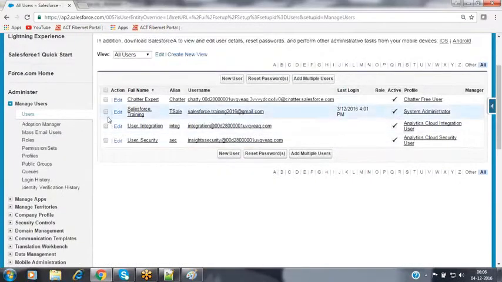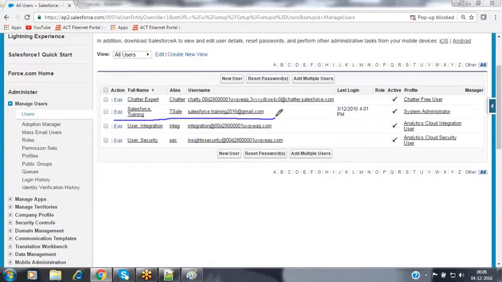Now it lists all the users available inside your organization as of now. By default, Salesforce creates one user, which was created upon creating your Salesforce account. Whenever you create a new Salesforce account by using the registration form with those details, it automatically creates a new Salesforce user for you. This user has the system administrator permission, nothing but the profile assigned to this user is system administrator.